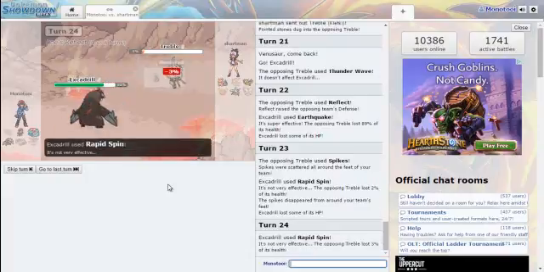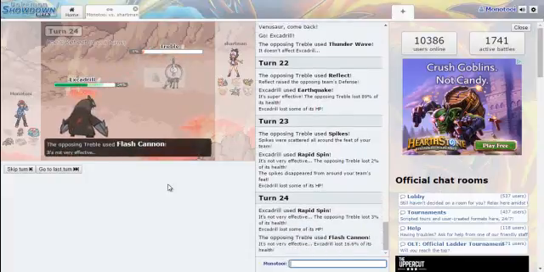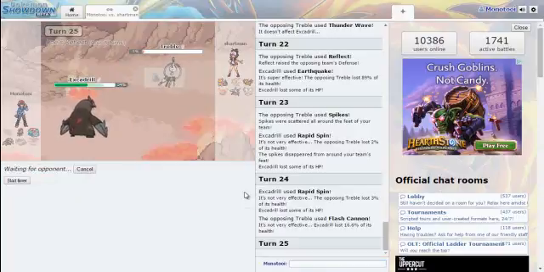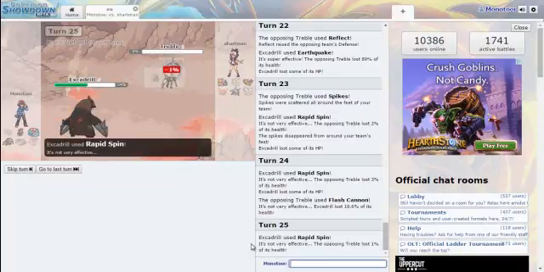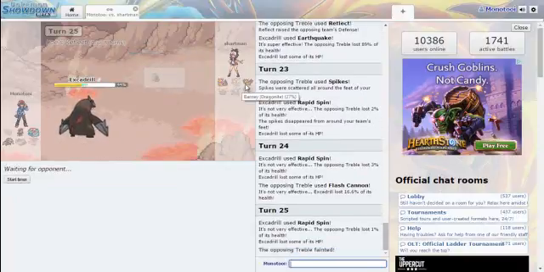If he goes Dragonite, it dies. If he goes Slowbro, that's fine. He's going to go for the Flash Cannon, actually. That's totally fine with me. Here I go for the Rapid Spin one more time, as I do knock him out, so that's good for me. If he goes Dragonite, I'm going to stay in, click Iron Head. If he goes out into Slowbro,